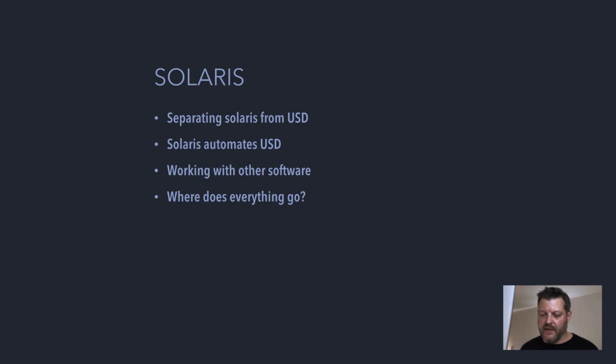And so I get the question a lot where things are supposed to go in Solaris. So what if you want to do a simulation or a groom or something? Should you do that in the subs network and then import it into the Solaris stage, or where does it go? And in my opinion, at least, everything should go within the Solaris stage. So if you want to work in subs, you work in a sub create, or you create an object network. And the big reason for this is that not only is it cleaner, so you have everything in one place,